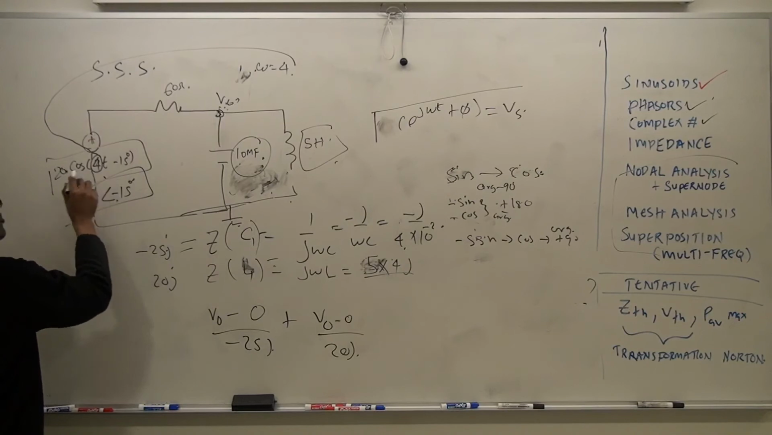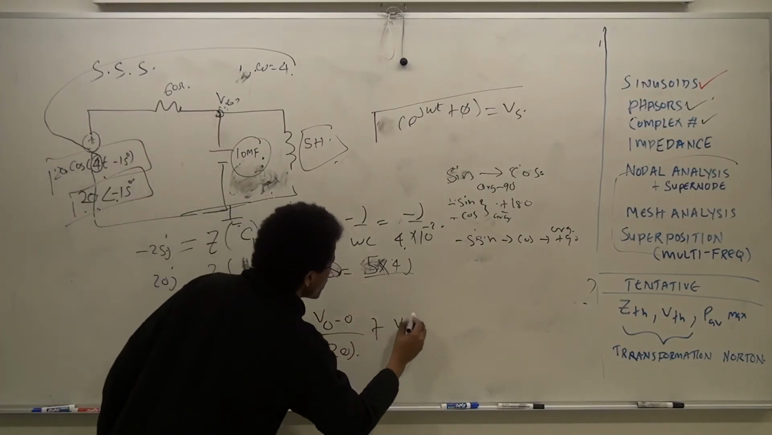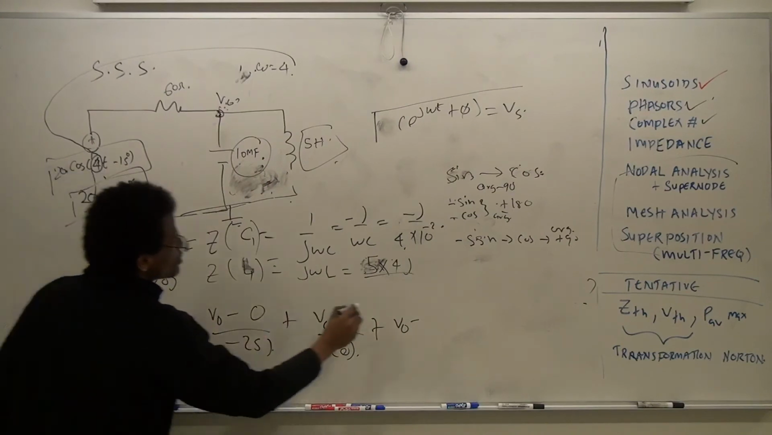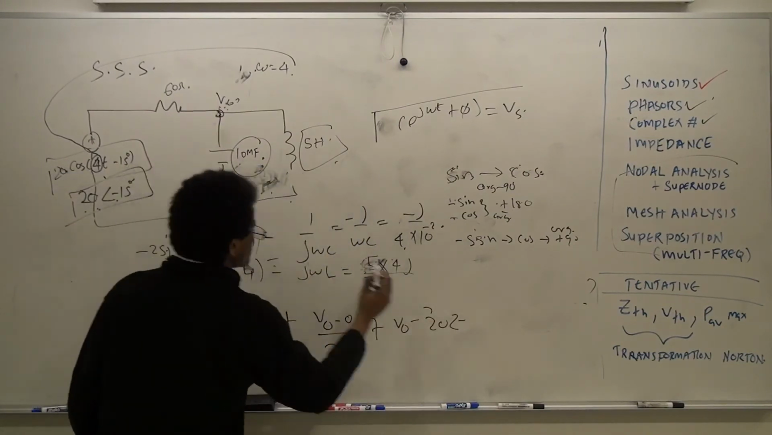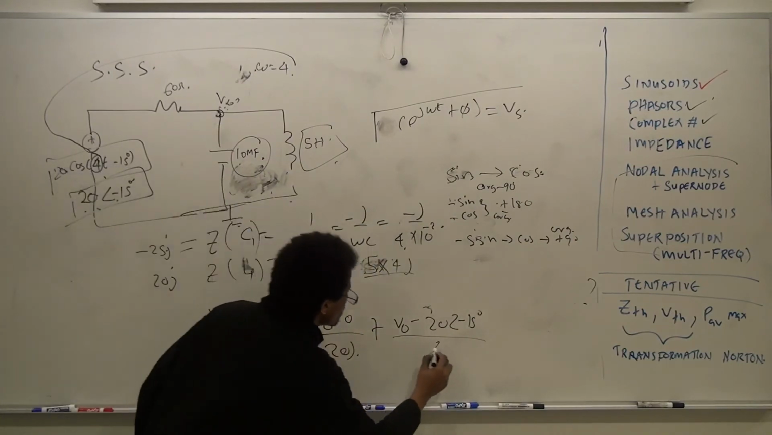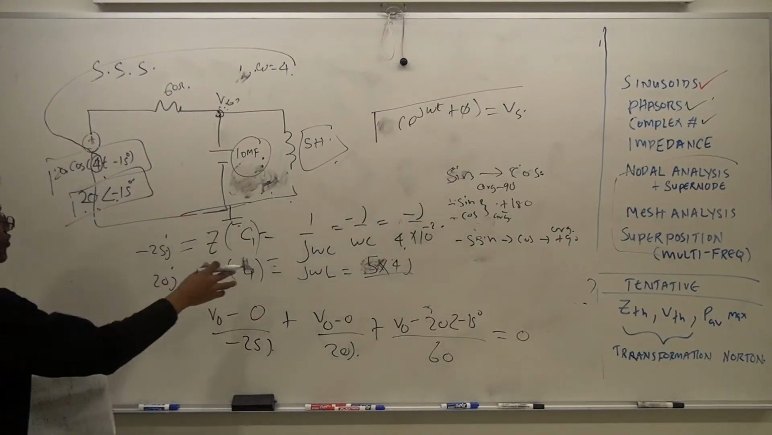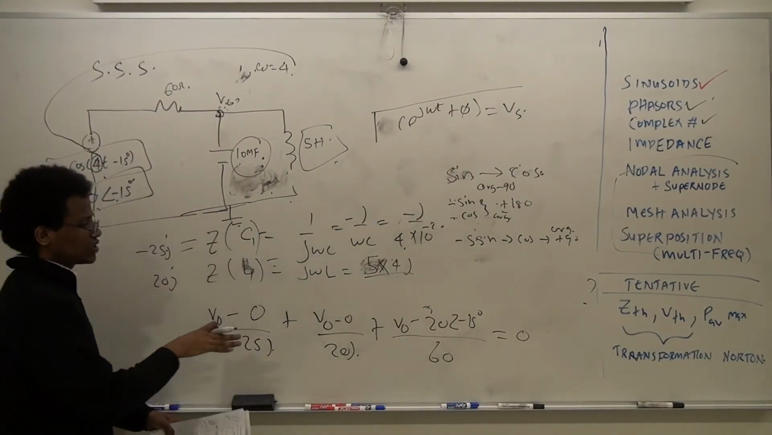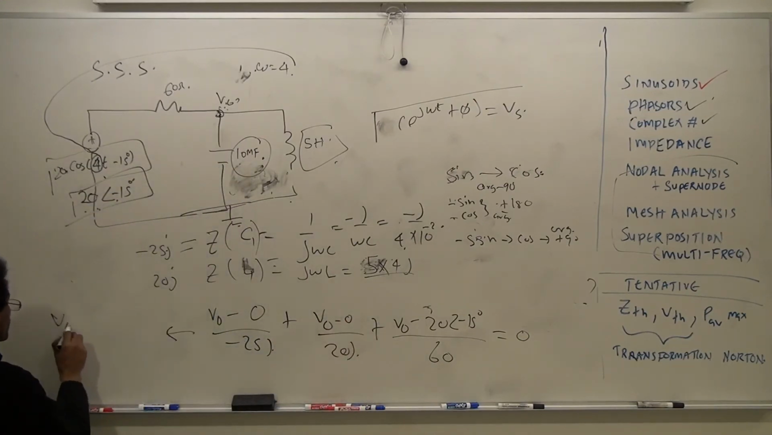The voltage source, we don't take the cos, so let's take the phasor. So we have Vo minus 20 angle minus 15 degrees, over what? 60. Over 60. And we said this is what? 0. If you solve using a calculator or use all the steps of complex analysis, you would get Vo is equal to